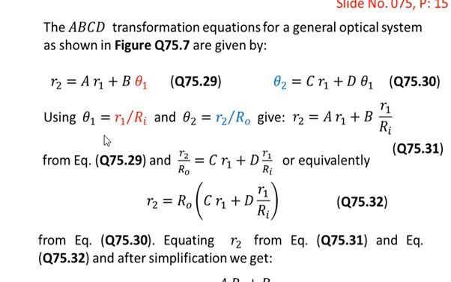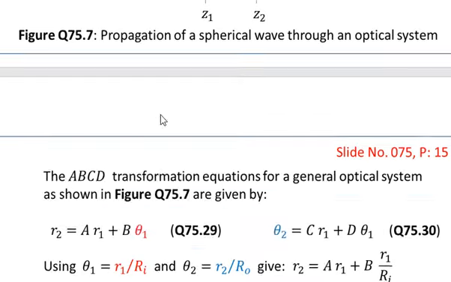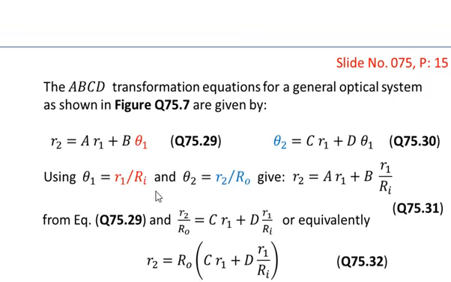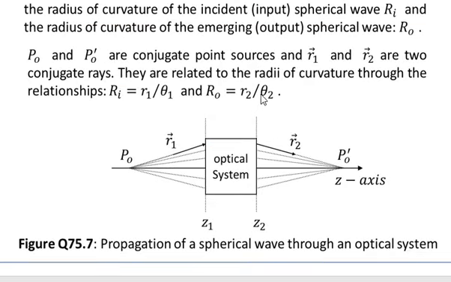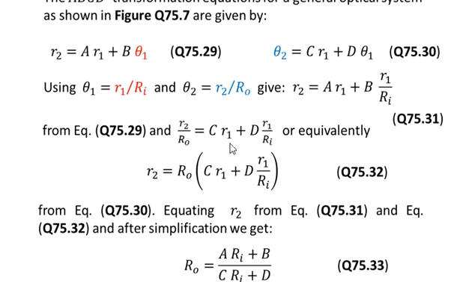Now here we have the value of θ1 from this equation. So we have θ1 is equal to R1 over Ri, and you can find the value of θ2 from this expression, which is θ2 is equal to R2 over R0. So we are replacing θ1, shown in red, with the value R1 over Ri, and θ2, in blue, represented in equation number 32, we shall replace by the value R2 over R0. So making these substitutions in equation number 29 and equation number 30 respectively, we obtain